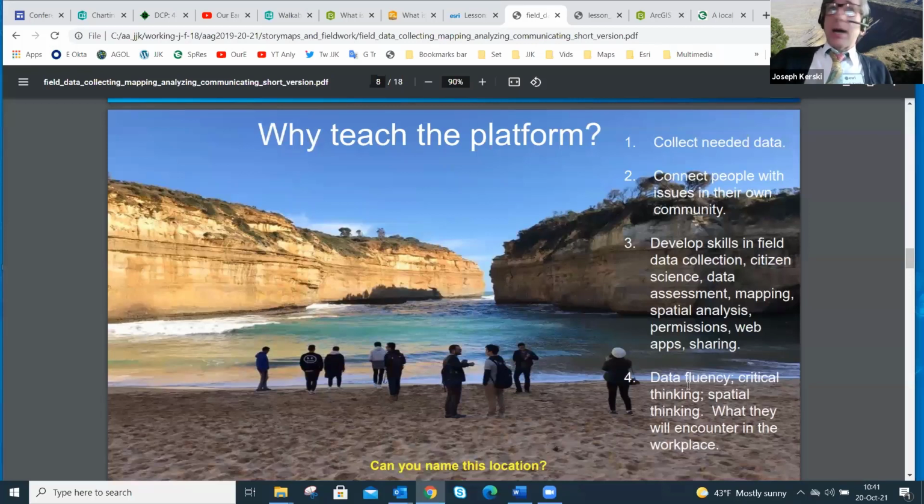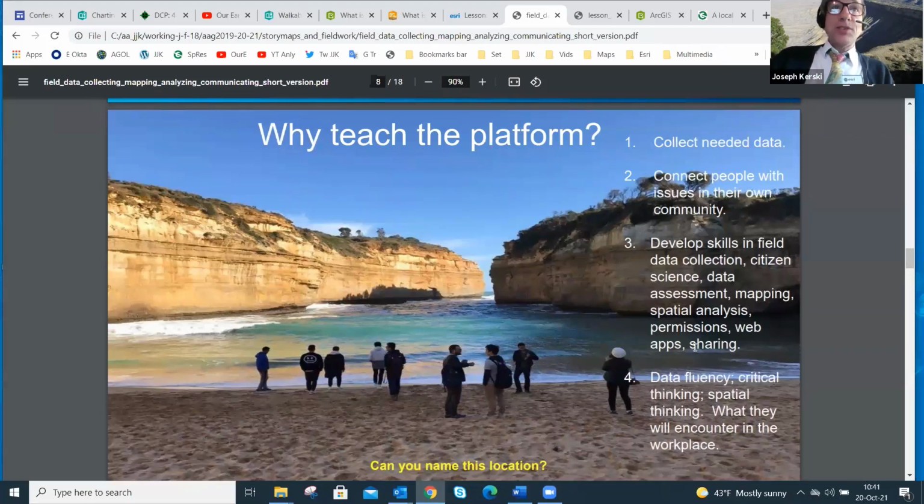And then there's also a lot of, in the educational world, as I mentioned in the address a while back, larger, more noble, if you will, goals of inspiring data fluency, working with lots of different kinds of data, critical thinking, spatial accuracy, all of that sort of thing.